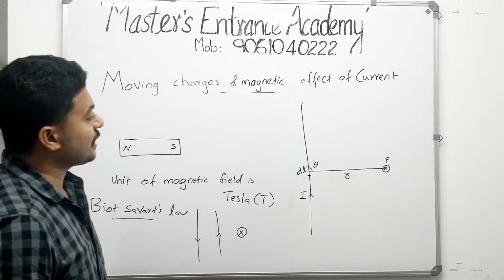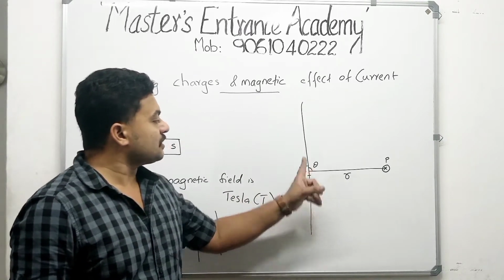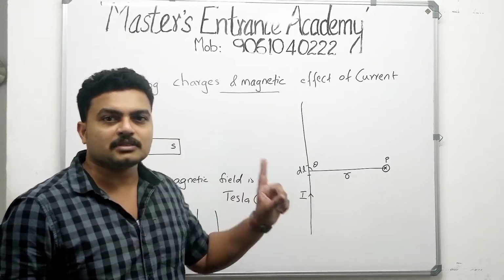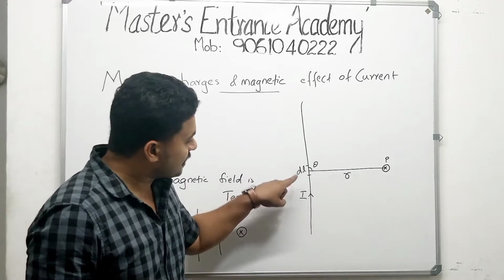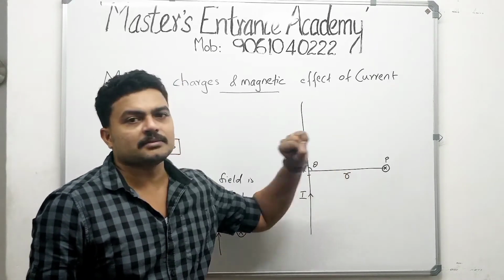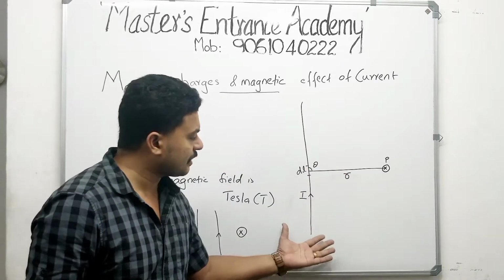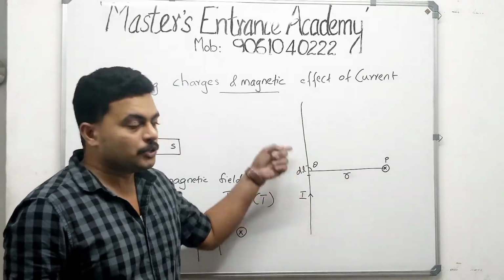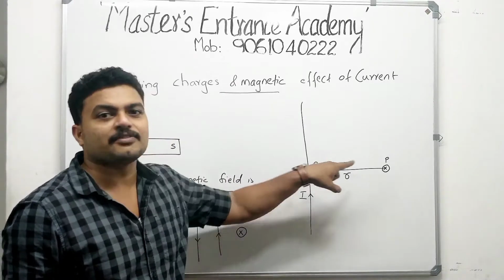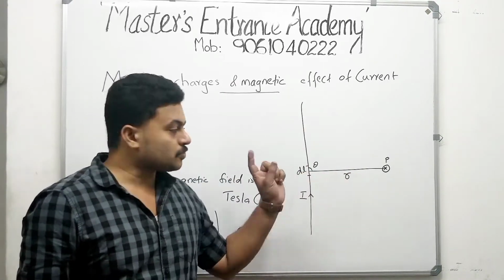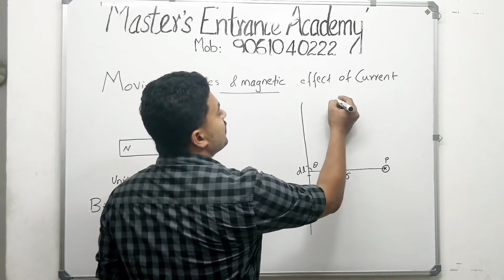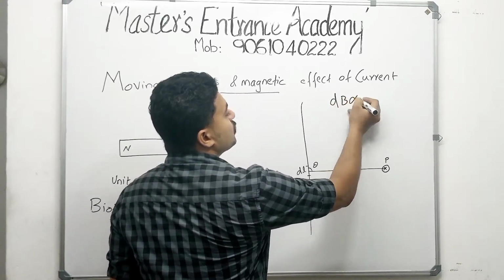This law states that, consider the full length of the conductor. In that, consider a small portion dl. Due to this dl, what is the magnetic field here? A current carrying conductor produces a magnetic field. Here we consider only a small portion dl, and due to this dl there is a magnetic field dB. Small length, small magnetic field dB. So the magnetic field dB is proportional to